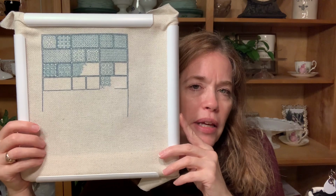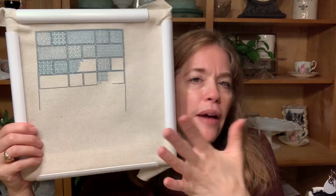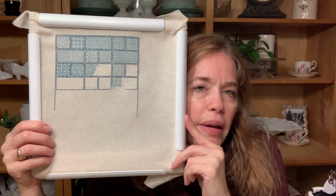I have the full chart, and I like the Blackwork, but honestly, it's not something I probably would ever put up on my wall. And so yeah, this is done on a 16 count natural rustic Aida, I believe it was. So I'm going to take that out of the Q-snap and use the Q-snap for another project, and my beautiful project